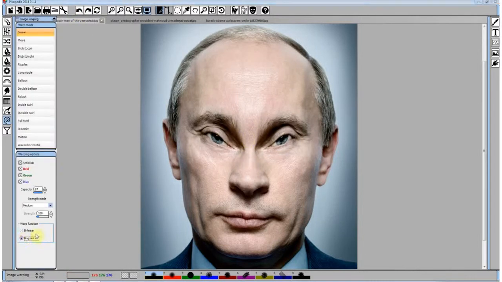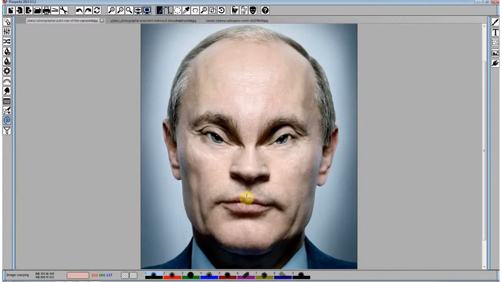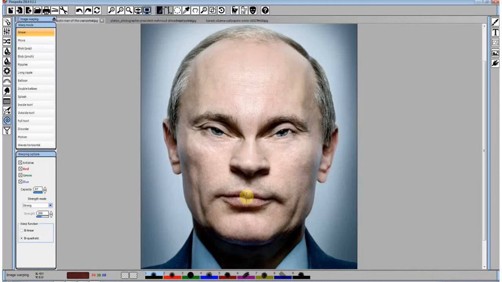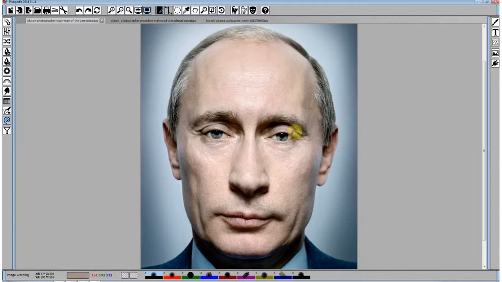Then we can use biquadratic, set to strong mode, and move a wider area, warp a wide area of the image. The difference between immediate warp and delayed warp is obvious.